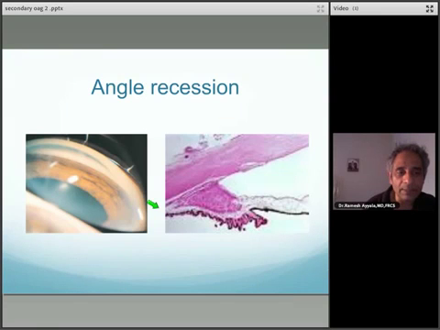Here is an example of what we're talking about. You can see in this gonio picture, this particular patient has a broad band of angle recess that is visible. The scleral spur, the white scleral spur, is visible right about there. And then the rest of the slate color area that you see here is the exposed portion of the ciliary